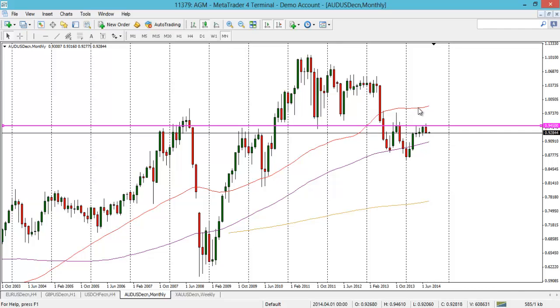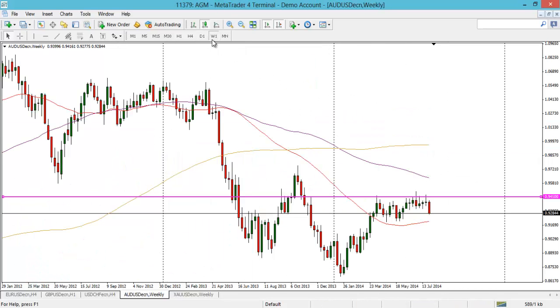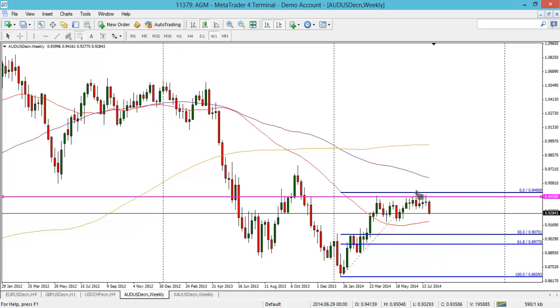Of course, we've started a new month now. Check out last month's candle on this Aussie, and you can see we've just reversed off of this 0.9450. And interesting to note, look at this current weekly candle, very bearish indeed. So the fib that we're talking about now, and I have been saying for a while, in case it has failed to get above, which it has big time, this move here I think has to be the fib to keep an eye out for, and that's the fib from the low of 2014 to the high. And this 50% comes in at 0.9082, so keep an eye on that.